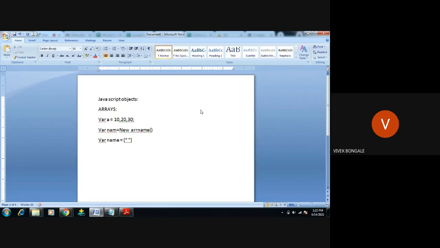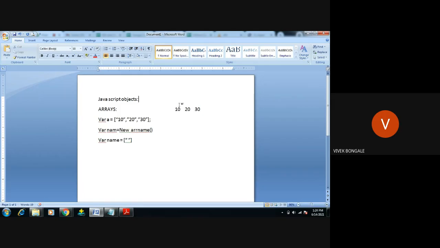So what will it do? This is 10, 20, then 30. These three values we have assigned to this A. Now what we do, we use this: var A equals, and this is a shortcut method. So I'm creating this array. This is how we have created the array. Now in JavaScript, 10, 20, 30 are each a separate value.